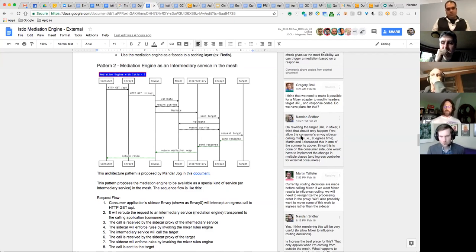I think Mandar's proposal was to enhance the routing model a little bit so you could avoid some of this and make it a little more clever by having a special type of routing rule that basically says go from A to B directly in one rule, but use the intermediary and throw the intermediary into the path. You don't necessarily need that second rule because the default, if intermediary sends it to target, is for it to go to target. So in that case, that second rule is redundant, which is probably the